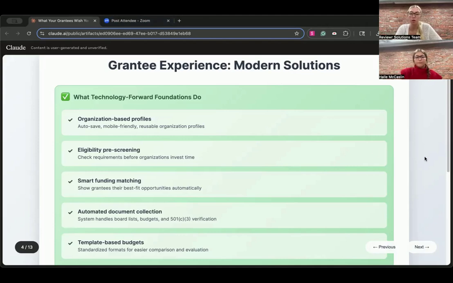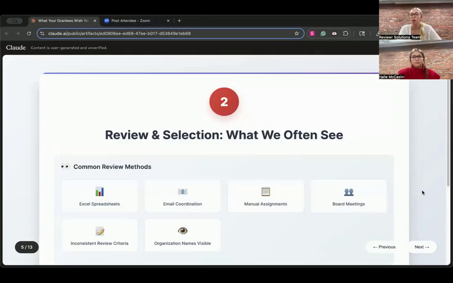All right, perfect. So now that we have talked a little bit about the admin perspective and then also the applicant perspective, one thing I really wanted to touch on today was the review and selection process, and that would be your judges or your reviewers. So those are your people that are coming in and reviewing your different applications. Those are typically people in your organization, or those might also be volunteers that you have set up, giving you a little bit of their time